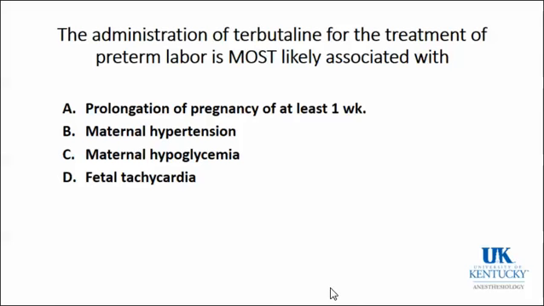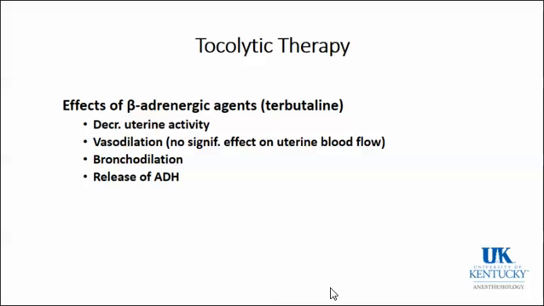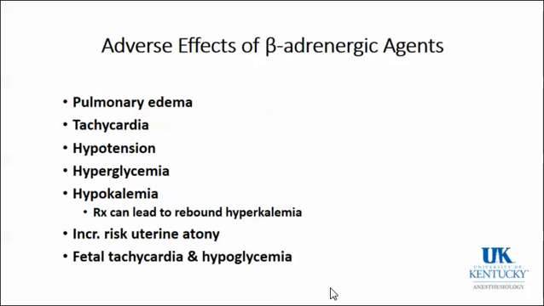It can cause a drop in maternal blood pressure, and you can see maternal hyperglycemia. So the effects of your beta-adrenergic agents, they decrease uterine activity. They do cause some vasodilation, but they do not have a significant effect on uterine blood flow. They, as you may know, can cause bronchodilation. They do cause release of ADH. The adverse effects that we can see with this, pulmonary edema is the most serious common adverse effect of beta-adrenergic agents. You can see maternal tachycardia, maternal hypotension,